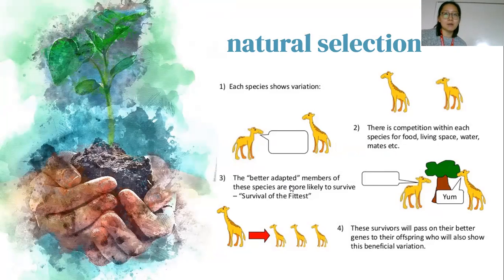The better adapted members, or the ones that are better able to survive, are going to be able to also reproduce, because if you don't survive, you ain't having no babies, right? If you survive, you reproduce, and when you reproduce, your genes are the ones getting passed on. So the ones that are best adapted to the environment are the ones that are going to get passed down. And when they get passed down, the next generation looks more similar to what you were like because you survived and reproduced.